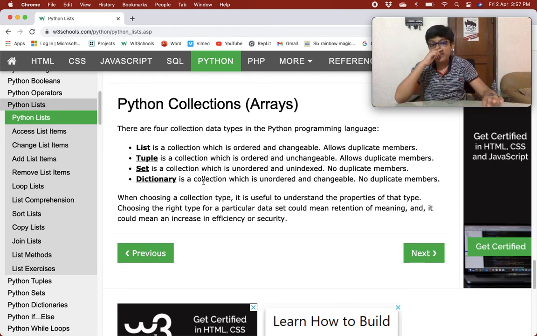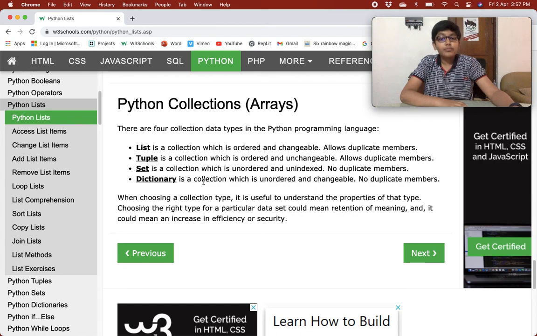Python collections, arrays. There are 4 collection data types in Python programming language. What is a collection? A collection is something in which there can be multiple values. List is a collection which is ordered and changeable.